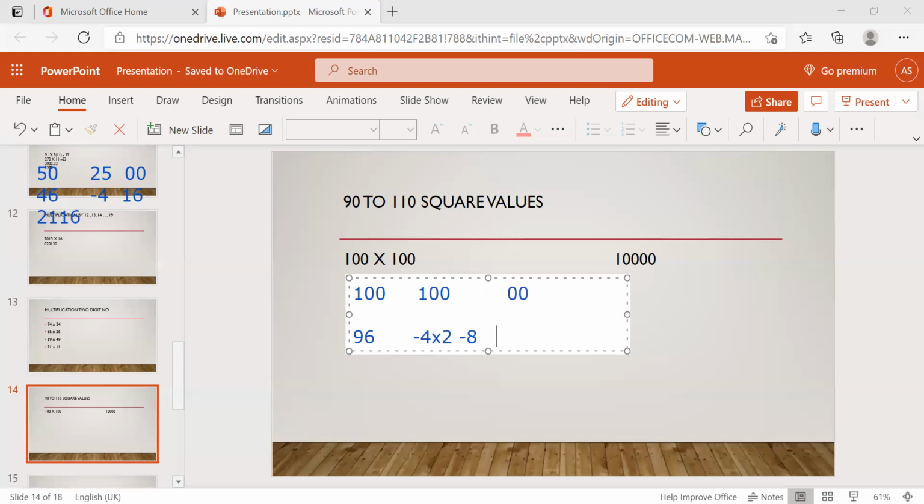And only double that difference from subtracting from 100. So, what's the difference? 4. The difference is 4 only. 4 square, 16, right? So now the number 100 and 00. This is nothing but 10,000 now. I'm writing 100 and 00. And this is minus 8 and here 16. Then 100 minus 8, 92, and 16 as it is 16. So this will be the answer.